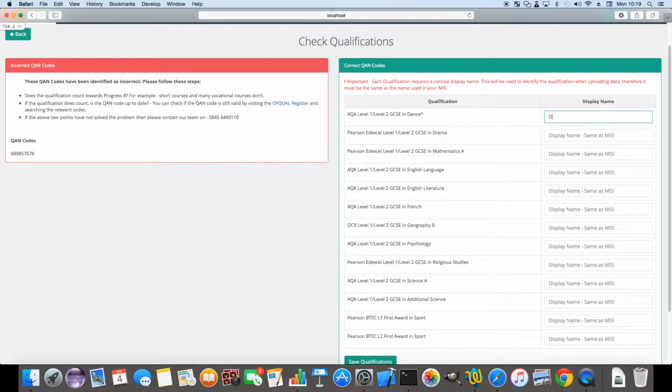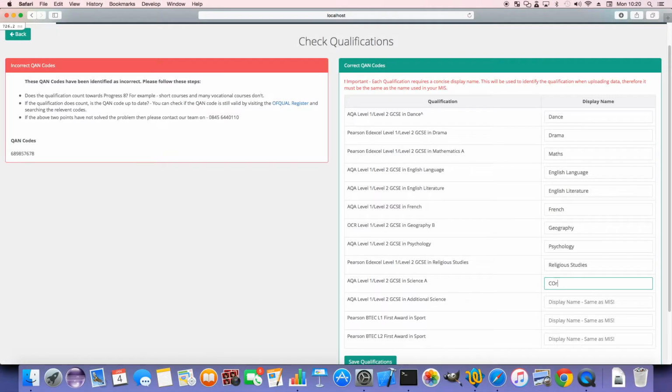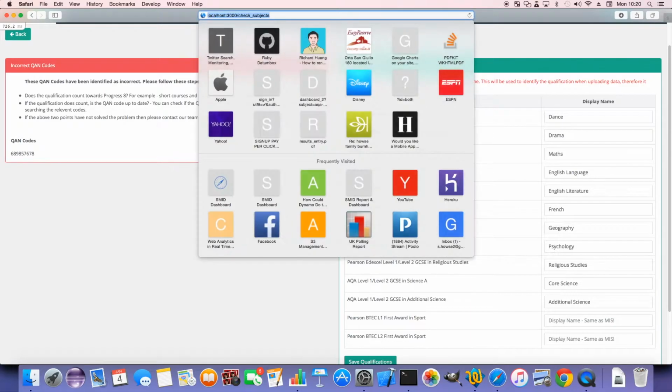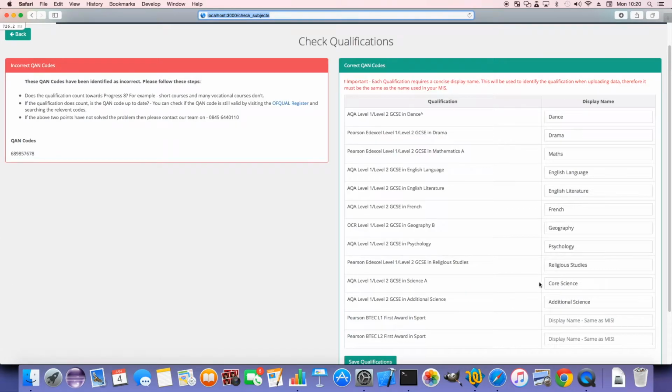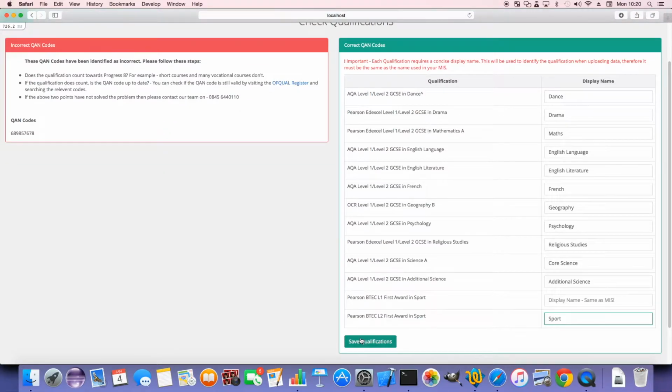So dance, drama, maths, English language, core science, additional science, and here I have the option of level 1 and level 2. I'm just going to take the level 2 one, as I can record the level 1 scores under the level 2 bracket using L1P. So I'm just going to click that, and then I'm going to click save qualifications,